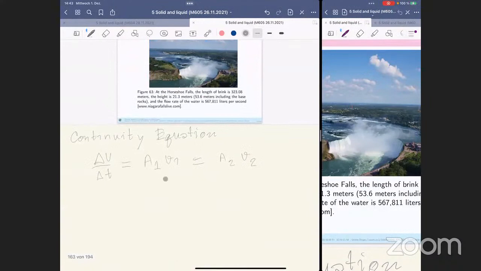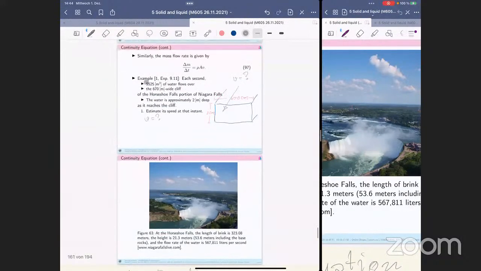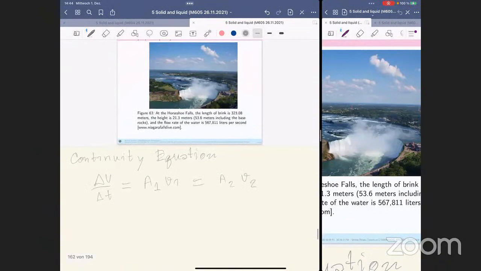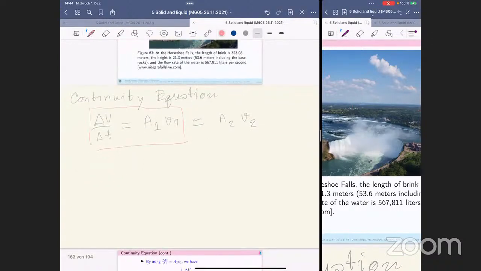So which one should we use? Of course, what we could use is only the continuity equation. This is the only tool we know. 5,525 is the water flow rate in terms of volume, right? So we will use this relation, as we know that delta V by delta T is 5,525